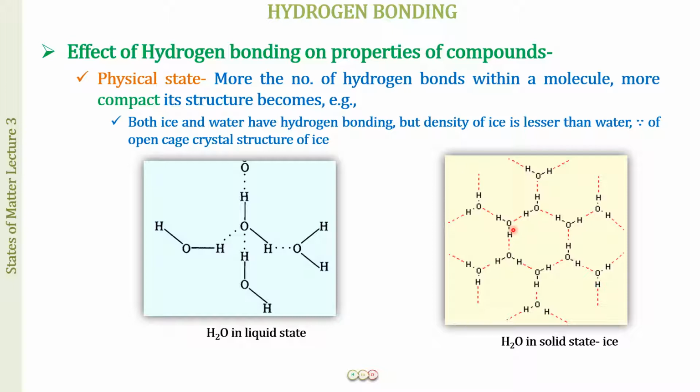And if the density is less, ice is going to float on water, and this ice floating on water has a very important significance also. What is the significance? Let me explain that also. When it is the winter season, at very cold areas, the water is going to freeze. Because ice is less dense than water, the surface water is the first that is going to freeze, and there is going to form an ice layer